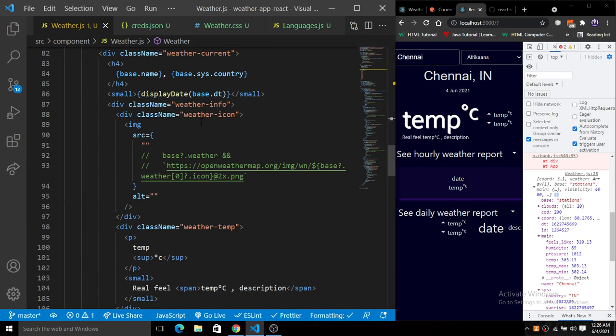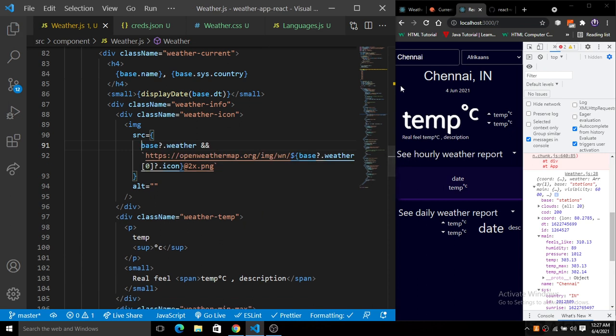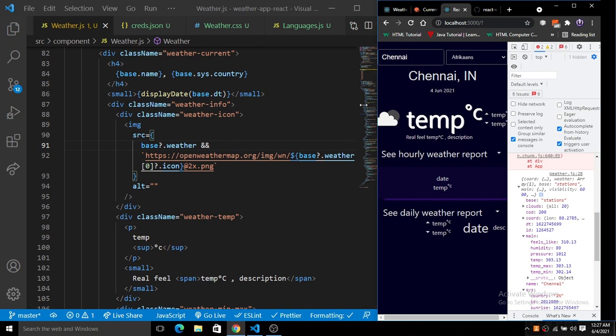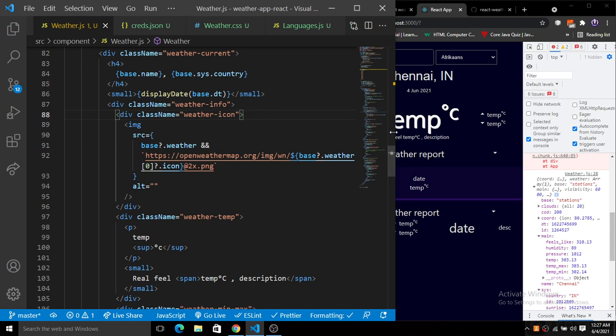Okay, so first of all, now we have an icon here, a weather icon. So let's render the weather icon here. We have base dot weather icon, so base dot weather icon, and here we have this weather icon. Okay, so let's remove this. Here it will show the icon of that respective weather. Fine, so let's save this. Now you will see there will be an icon for the weather here. Okay, now you can see we have this icon here. Let me make it bigger.